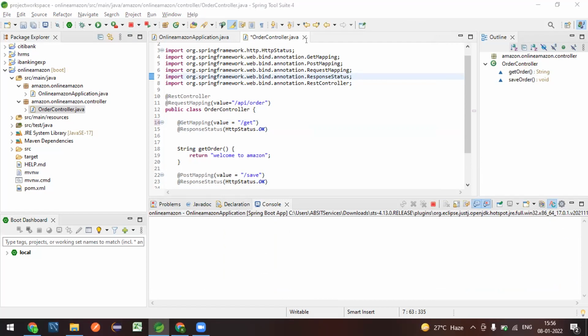Sir, I can't see because some navigation bar is there for mute, start video, security. First save your program. There is file, edit, source, refactor, navigate. Go to top.